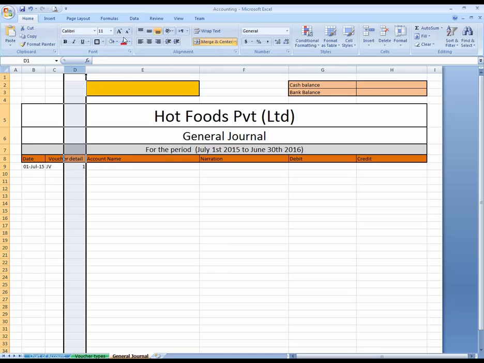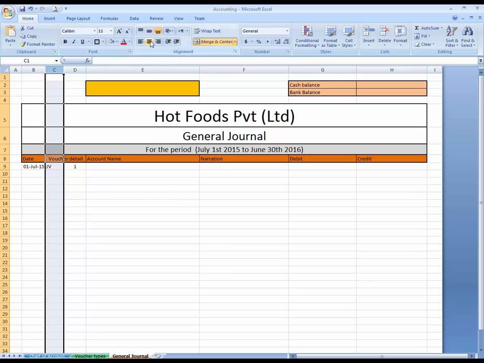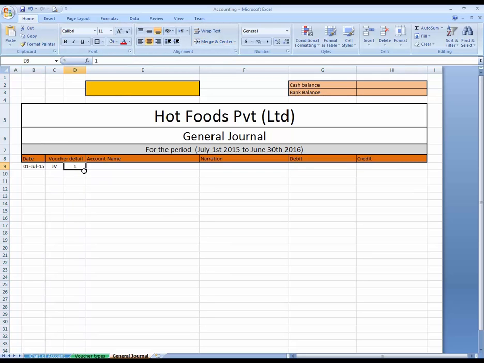You can write voucher number over here. I'm going to centralize this.